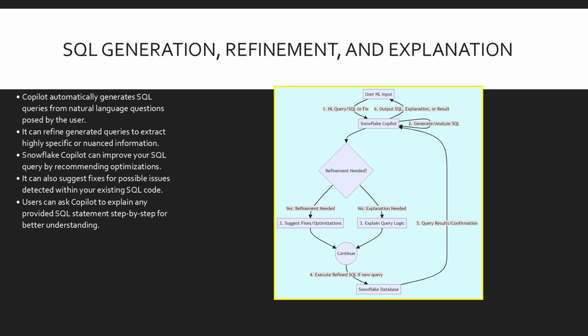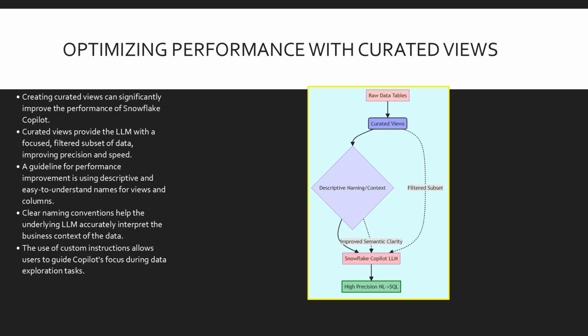Snowflake Copilot, acting as the intelligent core processor, immediately performs internal analysis or code generation based on the type of request received. Following this analysis, the system enters a decision loop, a crucial technique for ensuring optimal performance when deploying and utilizing Snowflake Copilot involves the strategic creation and systematic use of thoughtfully designed curated views. Curated views are instrumental because they provide the complex large language model with a highly focused, logically filtered, and manageable subset of data, which dramatically increases both the precision of the generated SQL and the overall speed of the analytical